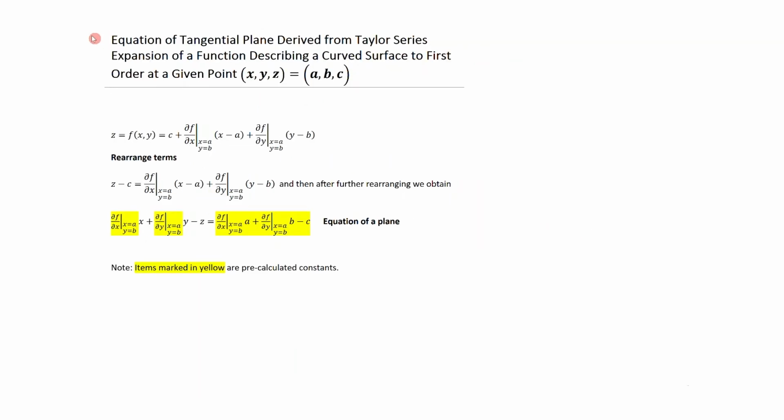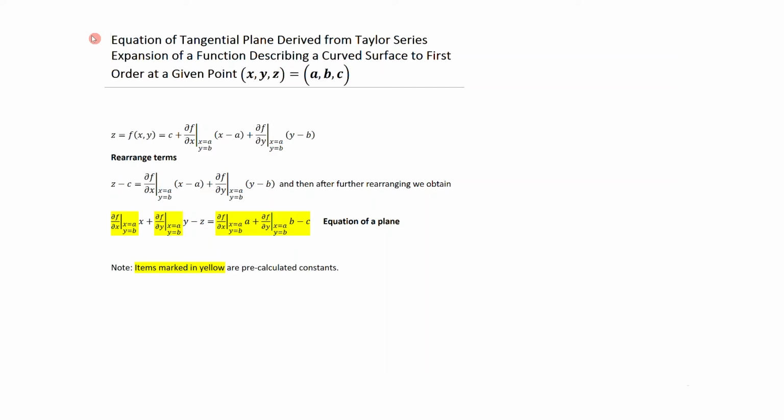All right, so we are now in a position to derive the equation of a tangential plane. We're doing it by making use of the Taylor series expansion of a function that describes the curved surface to first order at a given point, namely x, y, z evaluated at a, b, c. And so if we look at the multivariable Taylor series expansion to first order, then we end